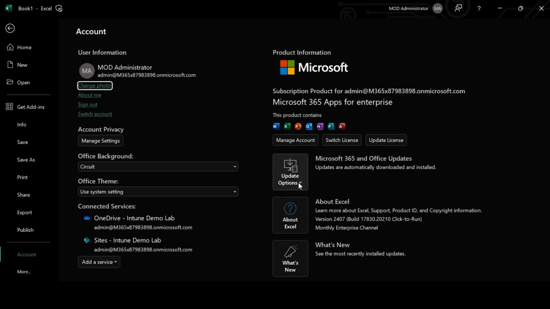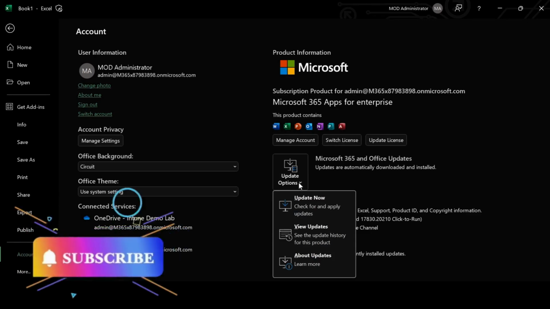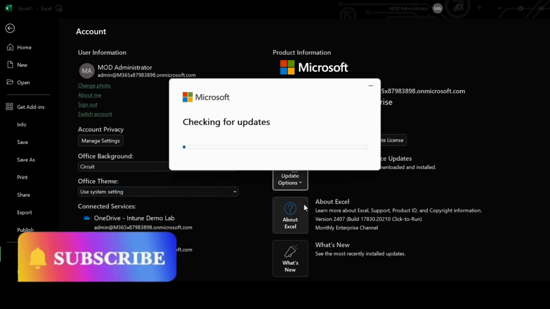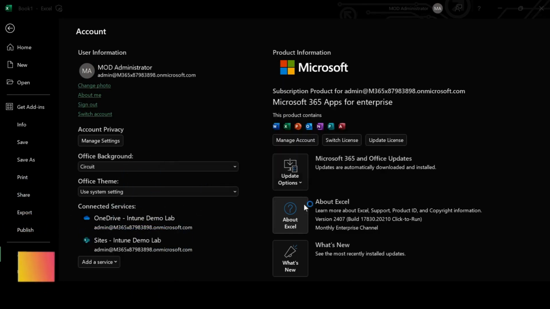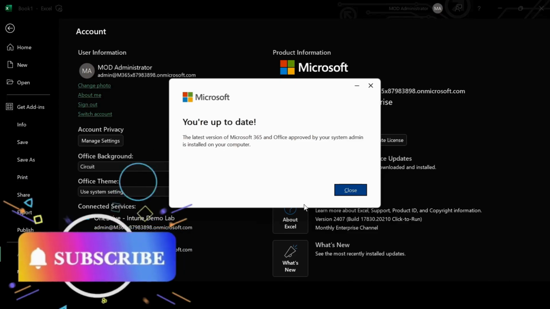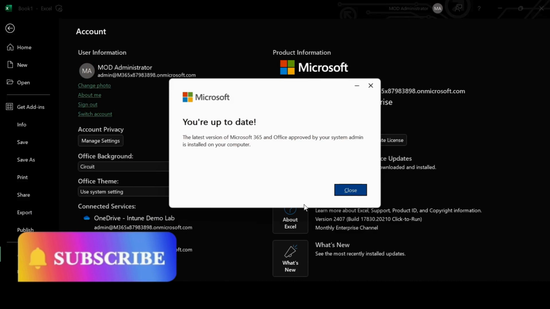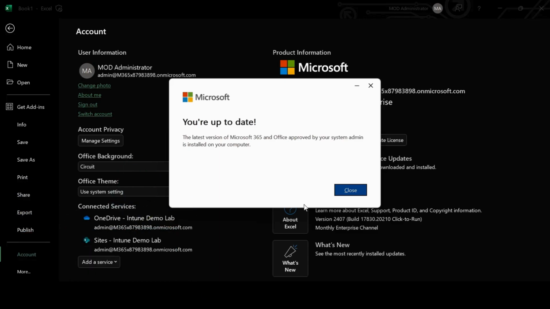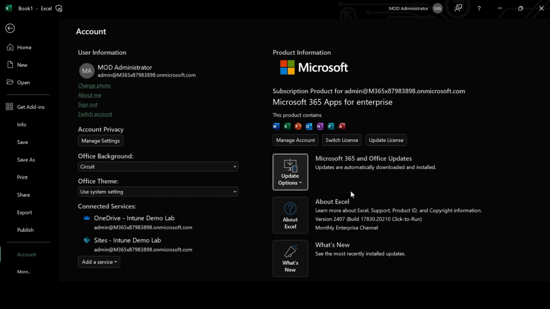And now if we click on the Update option and do a check for update, it's again going to check for update, and then we can see that it's saying you are up to date: the latest version of Microsoft 365 and Office approved by your system admin is installed on your computer. In this case the approved version is 17830.20210, which is released in the month of September. So this way we can control the Office updates.